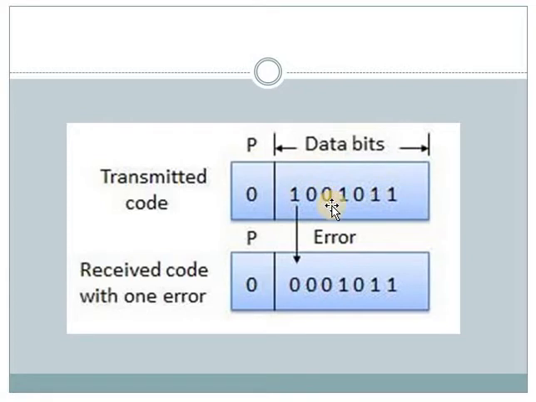See here, due to the external noise, this 1 has changed to 0. So, the error has occurred. Now what will happen is, the parity bit will be used to resend the data to the source and inform them that an error has occurred during the transmission. So, rectify that error and resend the data again.